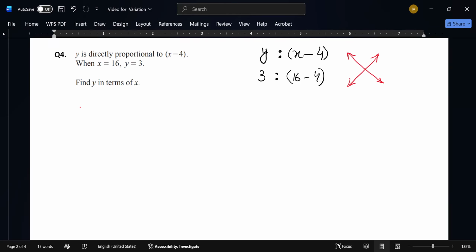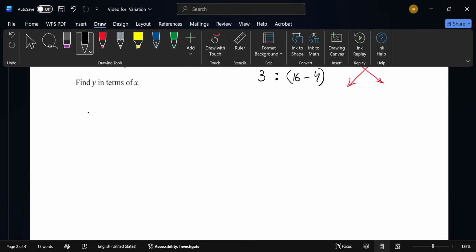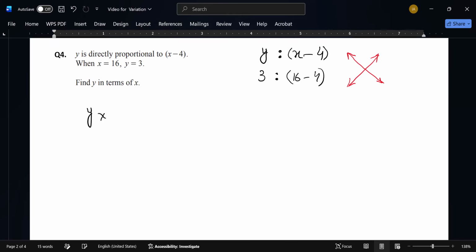Means y multiplied by 16 minus 4 and 3 multiplied by x minus 4. y times 12 and this is 3 upon